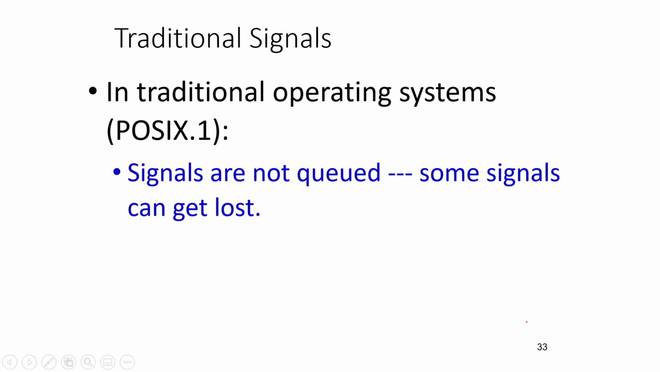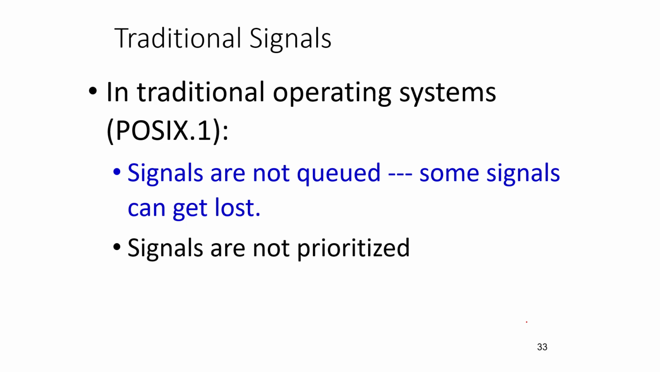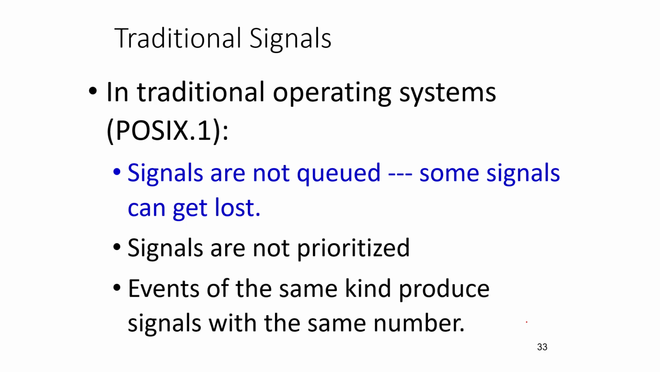So in traditional operating systems, in POSIX 1, what happens is if a signal is sent to a process, the signals are not queued. So some signals can get lost and they are also not prioritized. Furthermore, different events of the same kind can produce signals with the same number. So signals were not a big deal, and that's the reason a lot of thought was not put into them. Because if a process, for some reason, you can't suspend it, then you can always send a message once again. But in